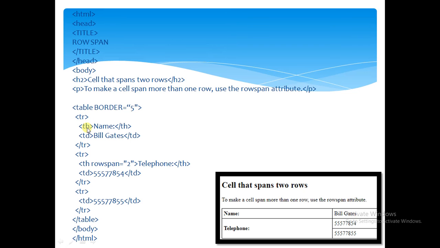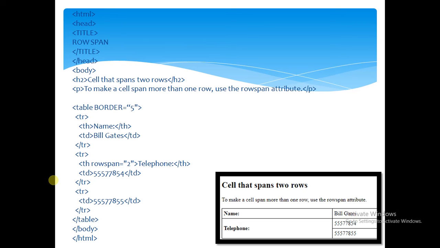After that we use th, meaning table heading. The first table heading is name and the second is Bill Gates, but Bill Gates is a td, meaning table data, not a heading. After that we close the tr, the table row.